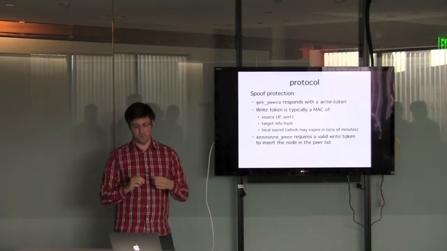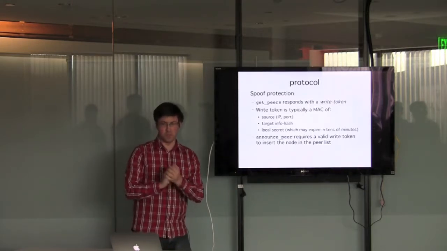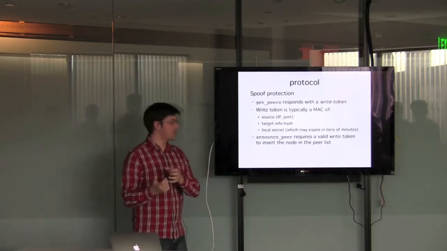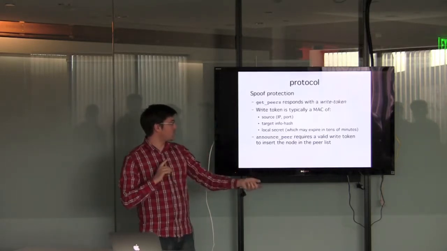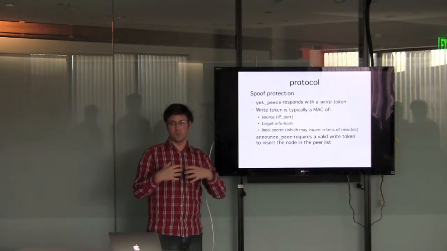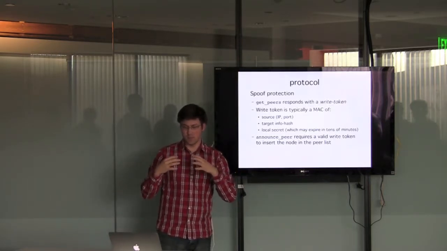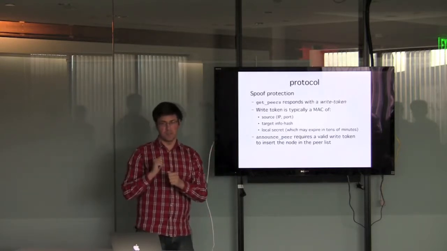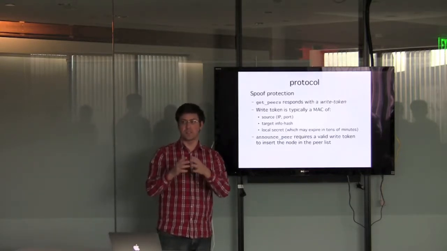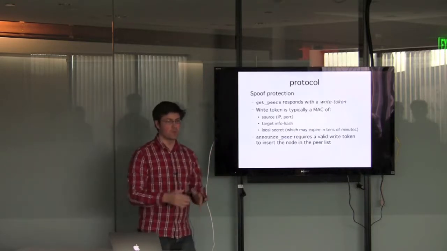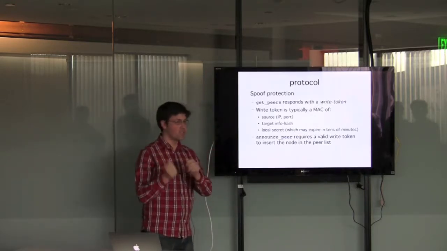So it's possible to send out these messages and forge your source address. So what we want to do is verify somehow, before we add someone to a peer list and hand it out to potentially thousands of people, that there's actually someone behind that IP, and that they're not putting some poor victim for a DDoS attack or something